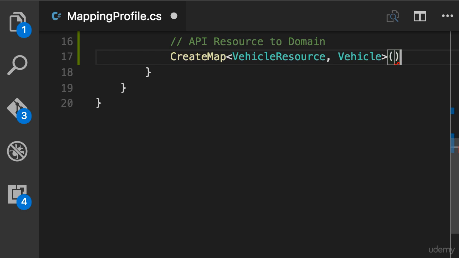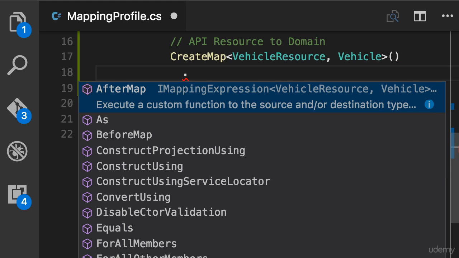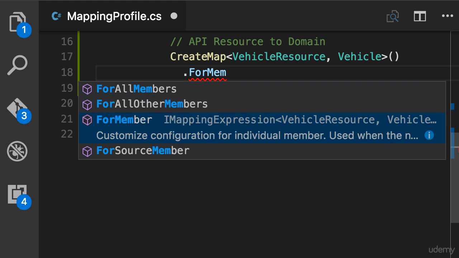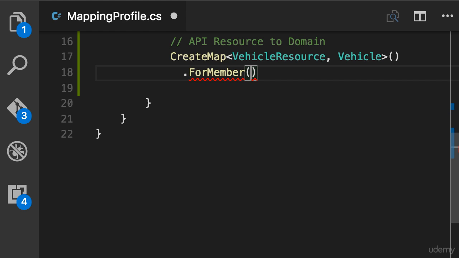Now here we need to supply additional configuration for this map because the shape of our domain class is different from the shape of our API resource. So before adding semicolon here, we add dot to chain different methods. We use the forMember method. The first argument to this method is a lambda expression that identifies the target object. So v as in vehicle goes to